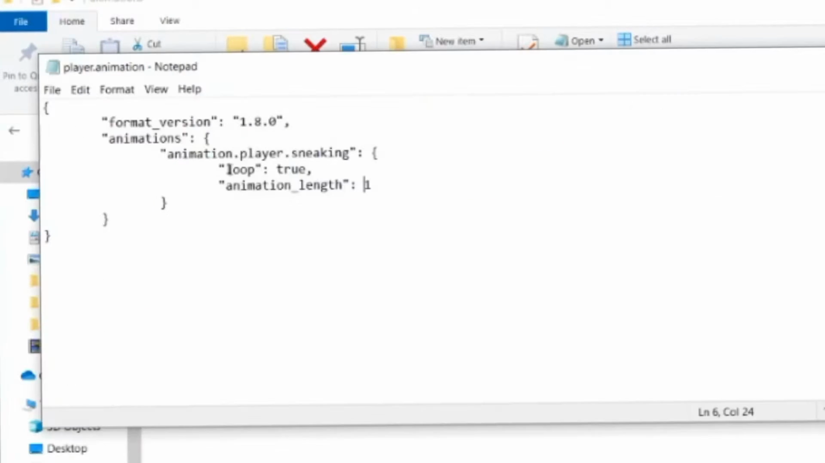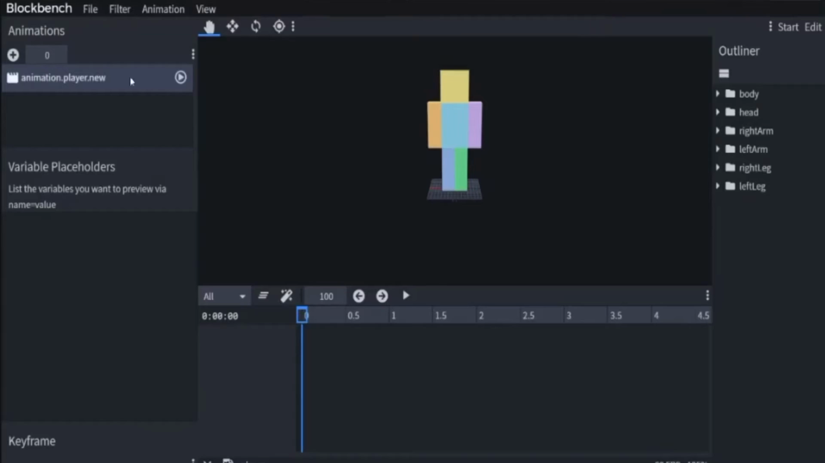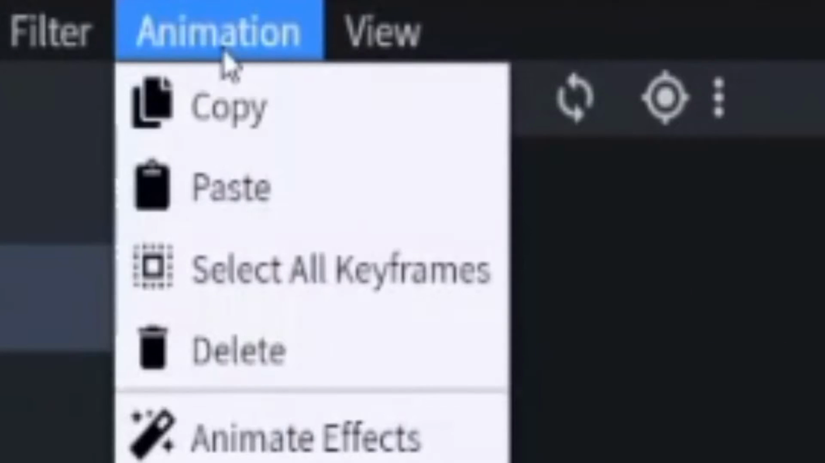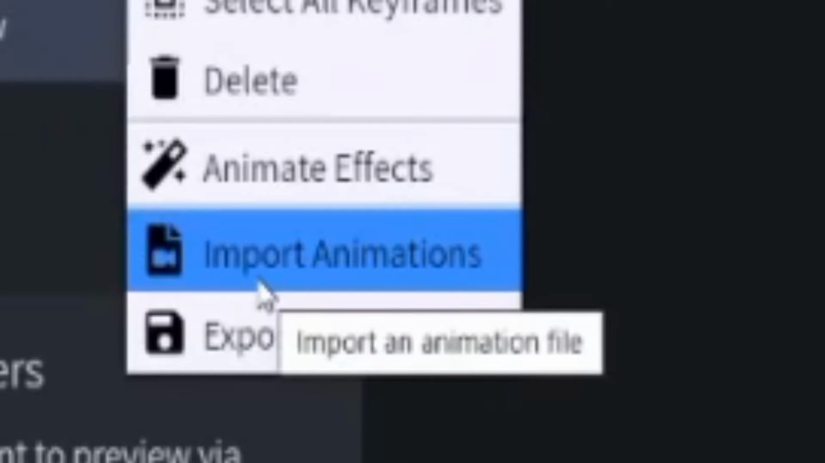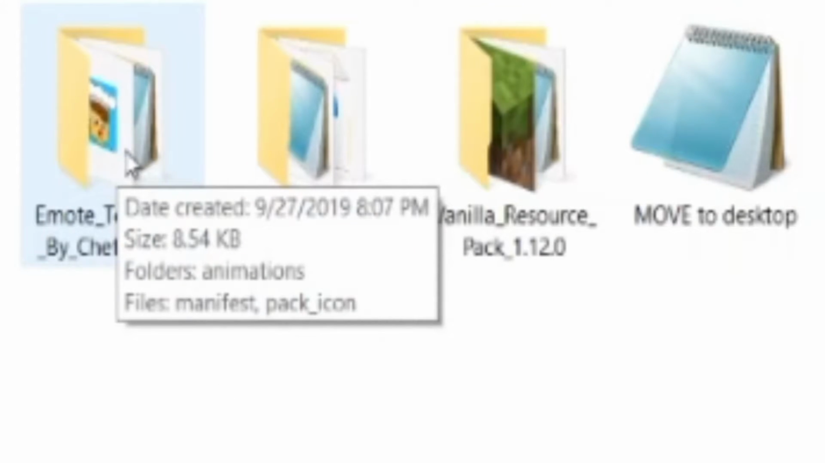I just wanted to explain this just in case you want to know what any of this stuff means. So we're going to be adding that file to our animation. Actually, no, not that. We actually need to click on animation. Okay, click on animation. And then click on Import Animation, and we're going to click Emote Template folder, just like